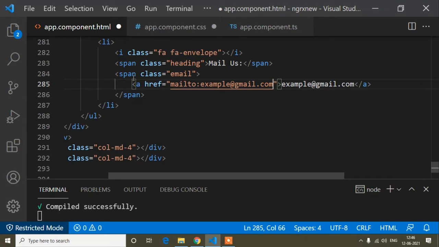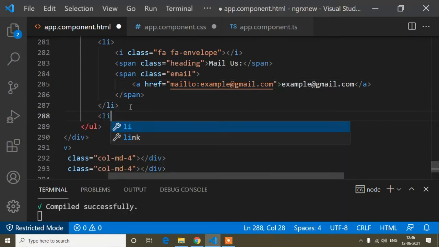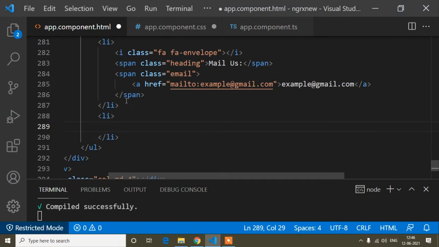Now this is done, and here I will write another li tag, and inside this li tag I will write another icon, the same way. This time I will write it for phone. So here fa and phone, this is the icon name, class icon.